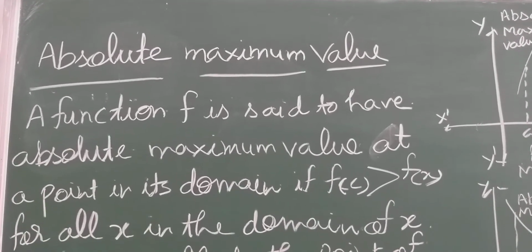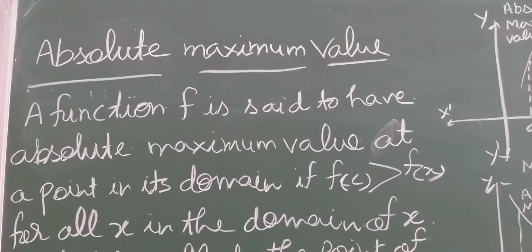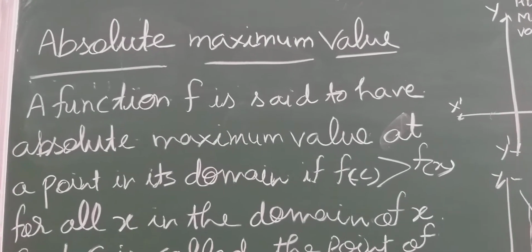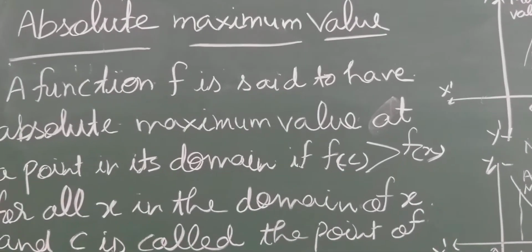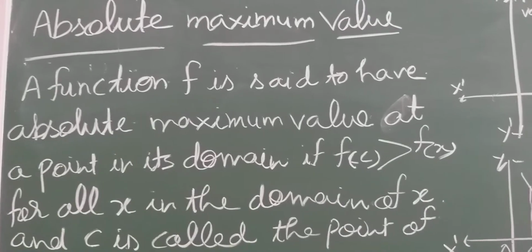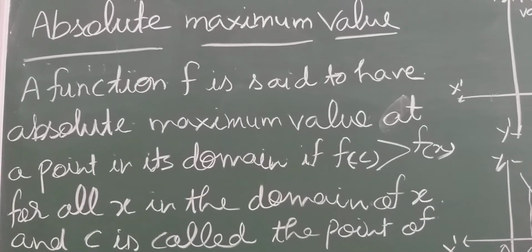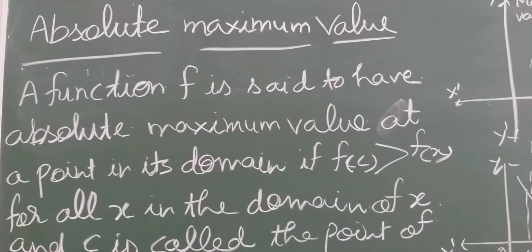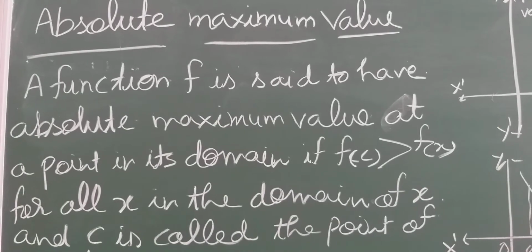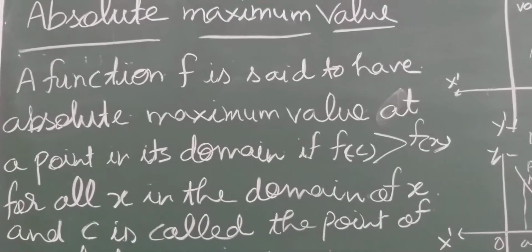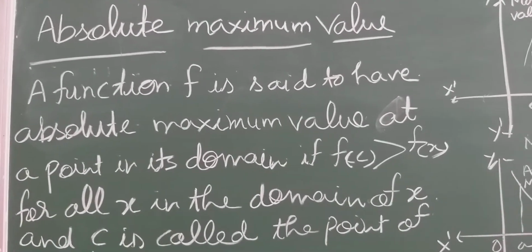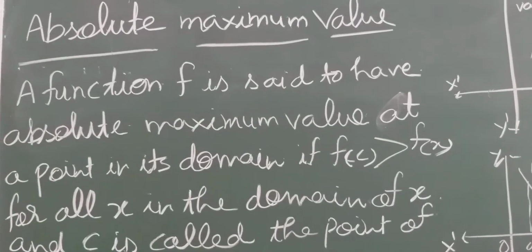It is absolute maximum value and absolute minimum value. So there are many examples of absolute maximum value or minimum value. You can take one example of sunshine. Students, we know that in summer season sunshine is maximum at the noon time and minimum in the morning time or at the evening time. Okay, so there are many examples, students.